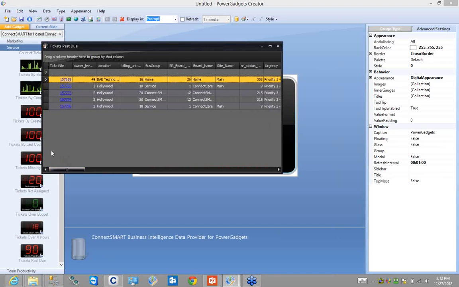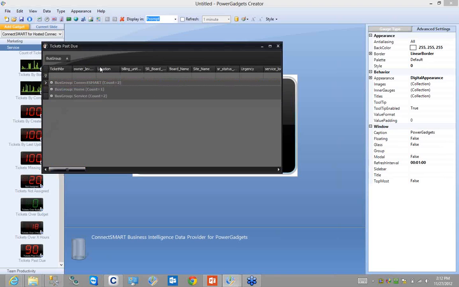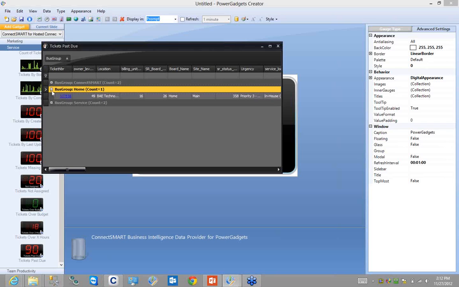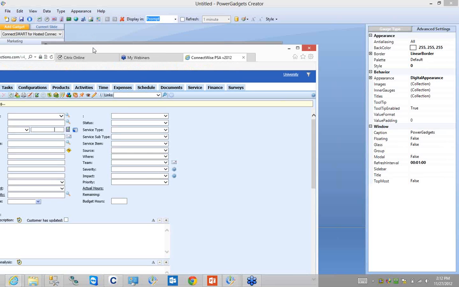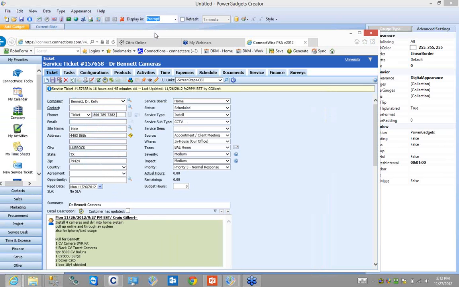So you really have access to pretty much everything. And if you're not familiar with it, you can see this is the grid that we drilled down to in a ticket. And I can go ahead and grab any of these elements, and you can see I can grab it and drag it to, there's 2 ConnectSMART tickets that are past due. If I was to go ahead and grab one of these as well, it takes you full circle. So by clicking on it, it takes you then into that ticket in ConnectWise to be able to handle that